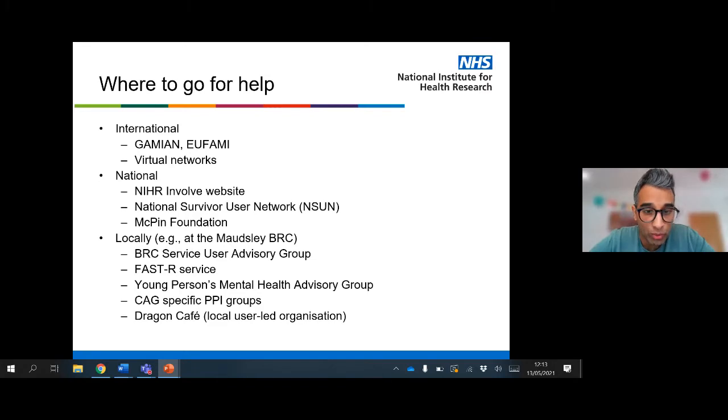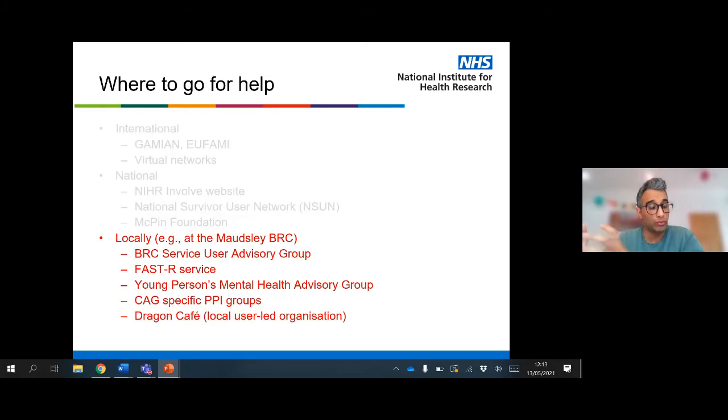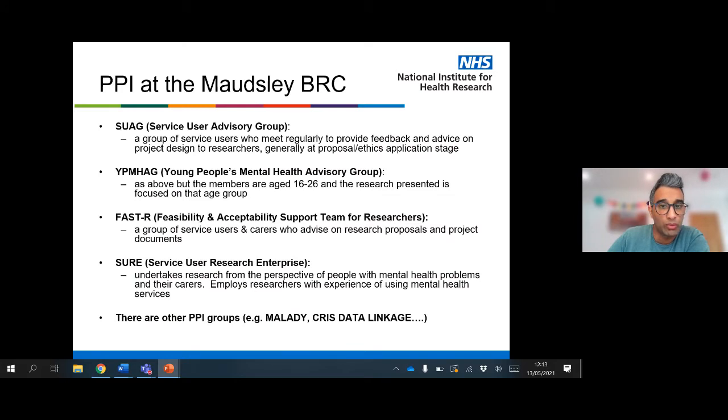But because I'm at the Maudsley BRC, I'll spend a little bit of time talking about what we offer at the Maudsley BRC, and that's open to other researchers as well. We have several advisory groups that do a variety of different things. For example, we have something called the SUAG, which is a group of service users who meet regularly, I think every 4 to 6 weeks, and they provide feedback to researchers on their research, so the design, the general ethics,